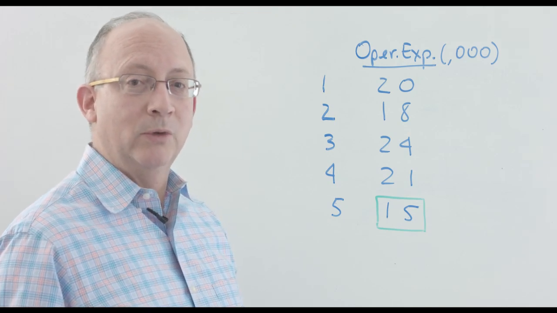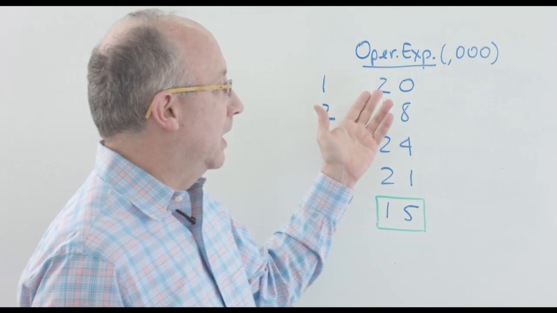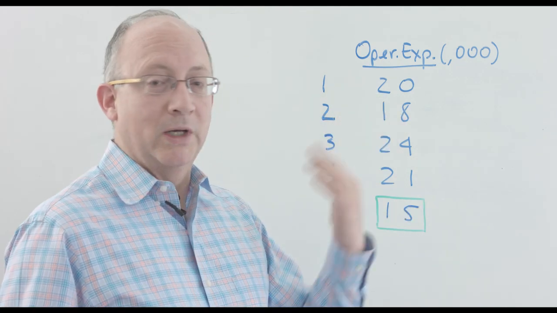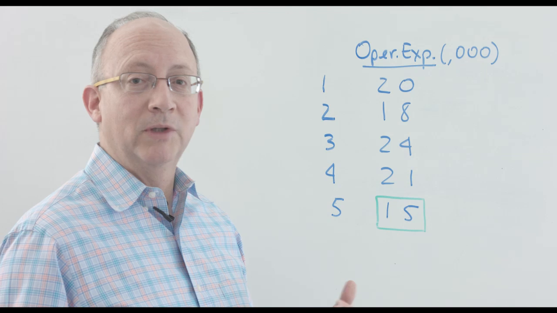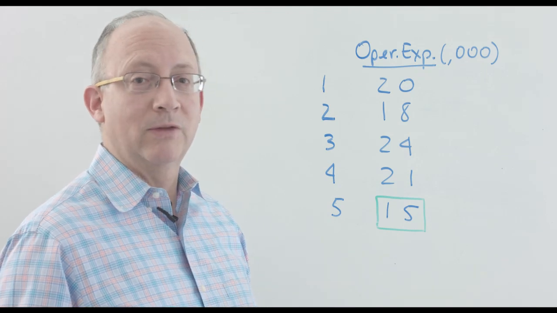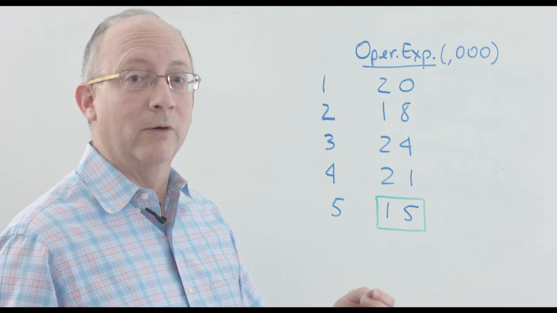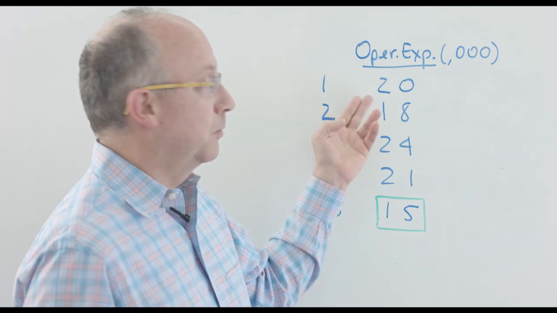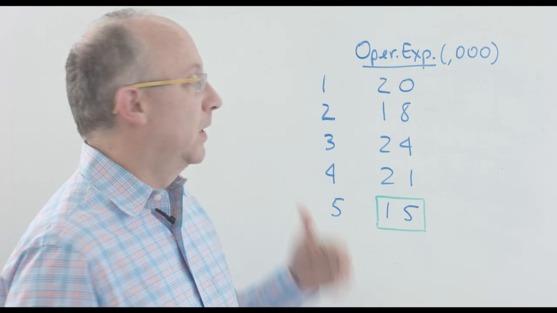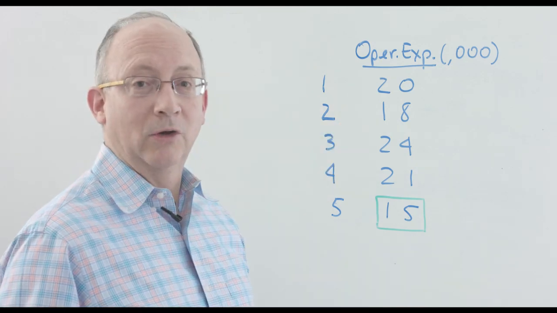And the traditional way of doing this is to compare these numbers against the numbers that were maybe 1 year back, if there is some cyclicality in our business, or 1 quarter back, or anything like this. For the sake of simplicity, let's just compare these numbers against the one before. And so in this case, we would have an operational expense of $20,000, which then lowers to $18,000, and probably